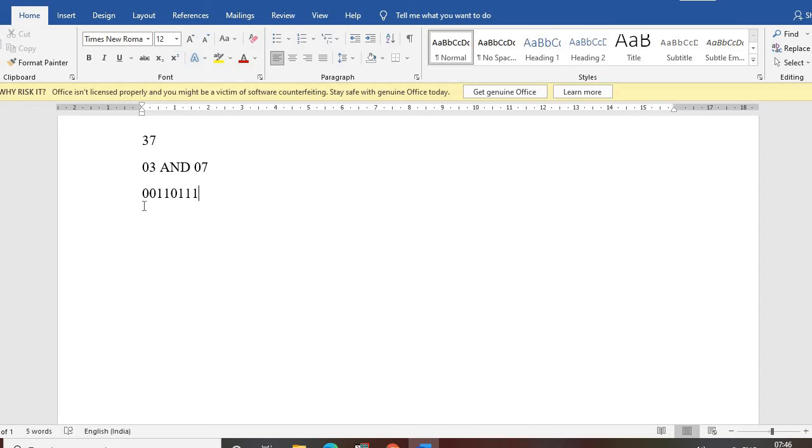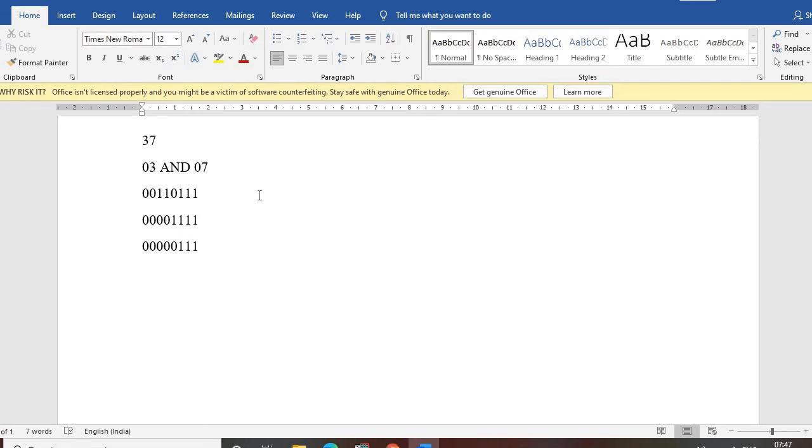So if I AND this with a value 0000 and then 1111, what will we get? As this part is ANDed with 0, we will get simply 0, and this part is ANDed with 1, we will get the part as it is.